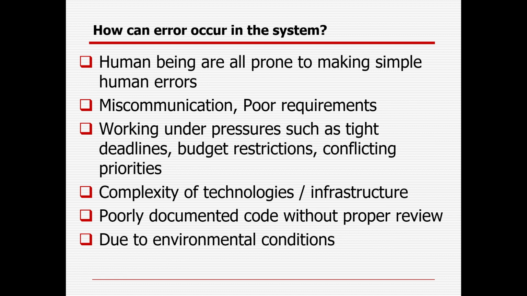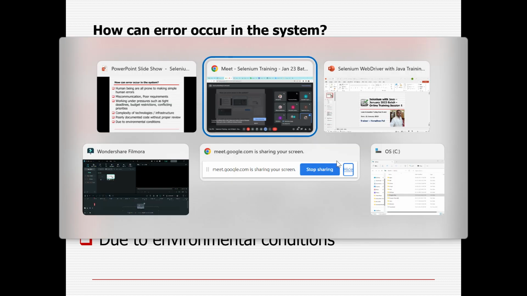How can an error occur in the system? Just like your perception: you went to places, you are not taking care of your body, you are not taking food on time. Those are the reasons for your health problem, or maybe heredity-wise some problem can be there, or the environment or climate is the problem. Human beings are all prone to making simple human errors, because we are all human beings, not robots. Even robots can make some mistakes. Miscommunication, poor requirement, a communication gap is the problem. Poor requirement means